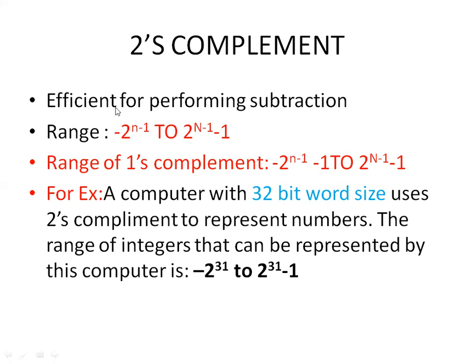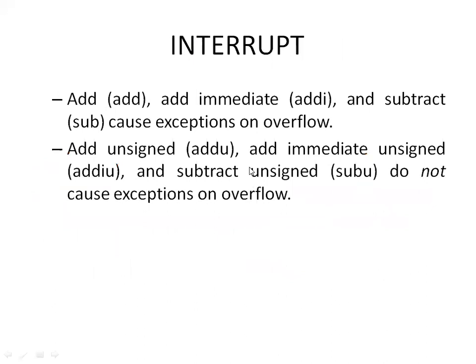So therefore the range of 2's complement is minus 2 power 32 minus 1 to 2 power 32 minus 1 minus 1. So we get the result minus 2 power 31 to 2 power 31 minus 1. This is the result of the given question. Okay, so what is meant by interrupt? Interrupt is nothing but an unscheduled event. When you execute the program, you have an interrupt. It is an unscheduled event, or we can say an unscheduled procedure call. When MIPS detects overflow, the exception is called an interrupt.